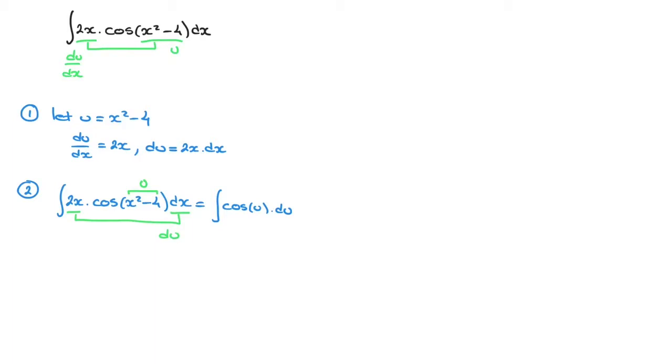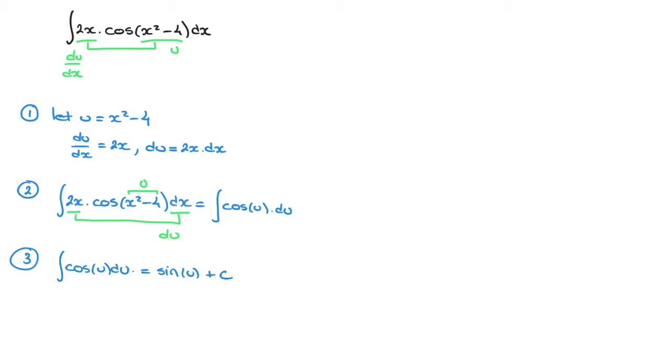Now we've written this integral in terms of our new variable u. Indeed, we can't see any x's here, so we have an integral in terms of u. And we can now move on to step 3. Our third step is to integrate cosine of u with respect to u. And the way we do this is quite simple. I treat u as I would any other variable. We know that if we integrate cosine of x, we'll get sine of x. This is no different. The integral of cosine of u is equal to sine of u, plus some constant of